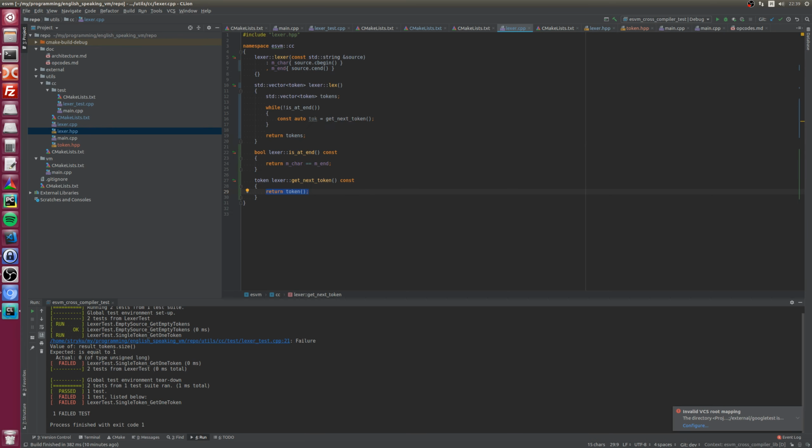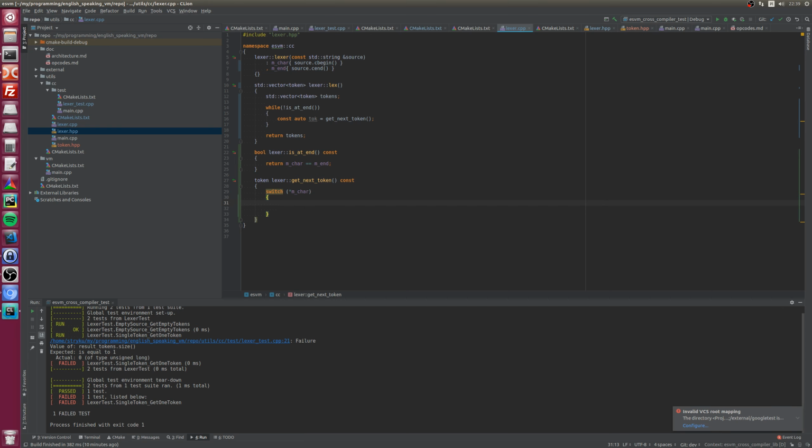And in get next token, let's have just a switch on the current character. Is CLion actually okay? Default state only. Let's not bother. So now let's just create cases.